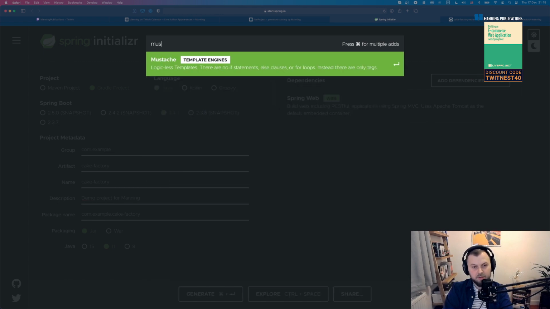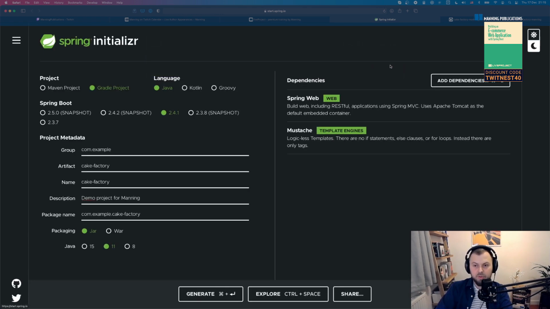In my case, I'm going to use Mustache, but again, it's up to you. You can use any view technology if you want. If you prefer Thymeleaf, that's totally fine. Pretty much anything you want to use, feel free to do so. But I'm going to be using Mustache, and I'm going to explain why in a second. So imagine these are the only 2 dependencies I need, right? So I'm going to click generate, and I'm getting this project that I can get up and running quickly.